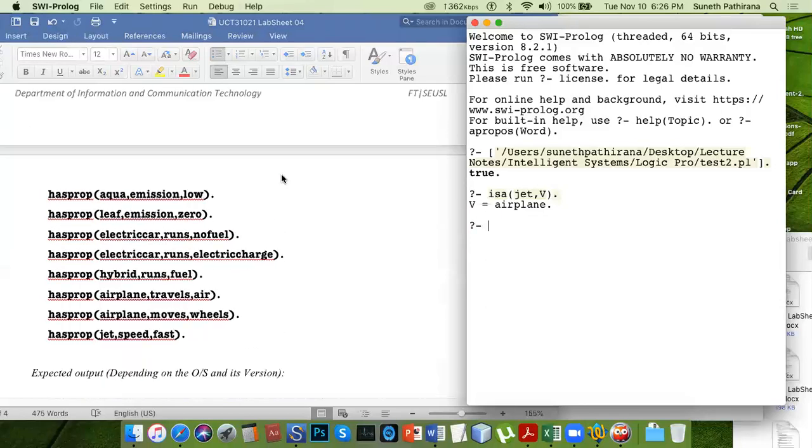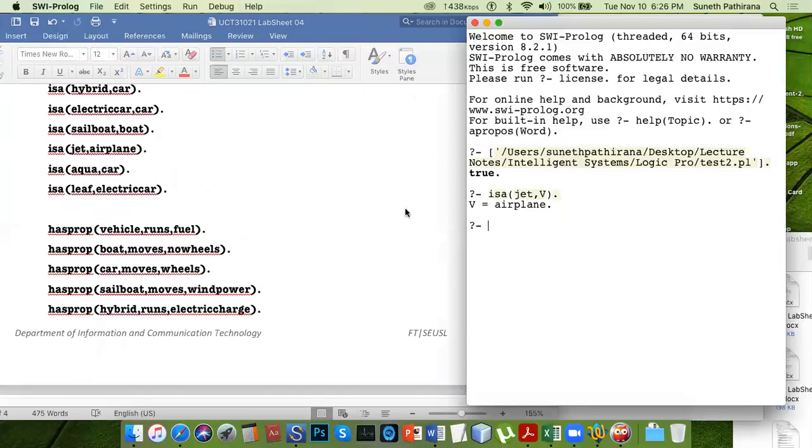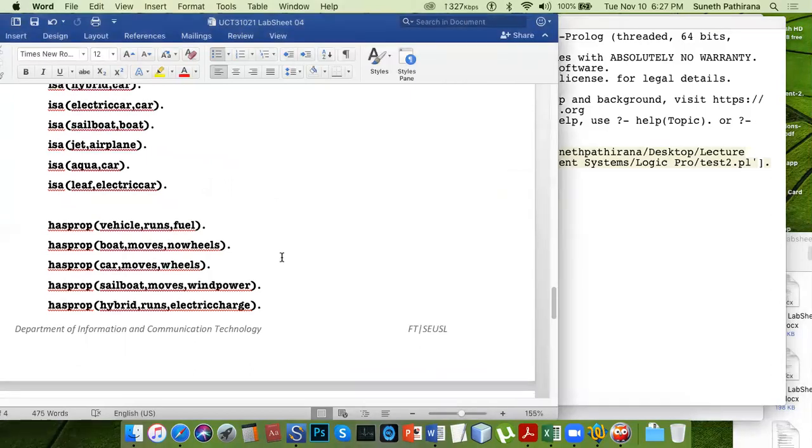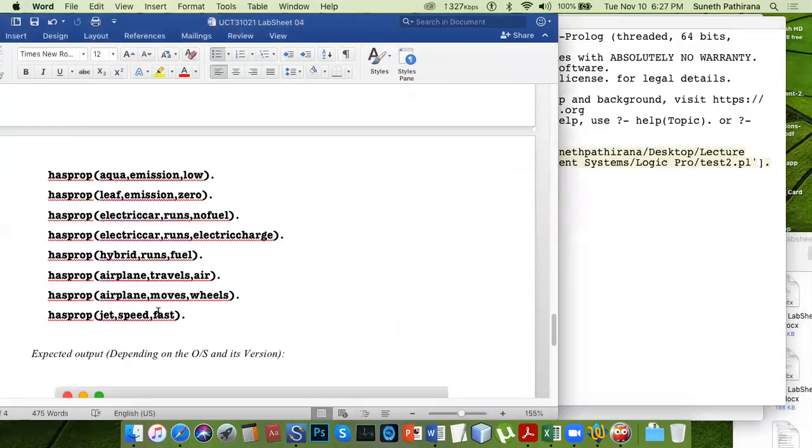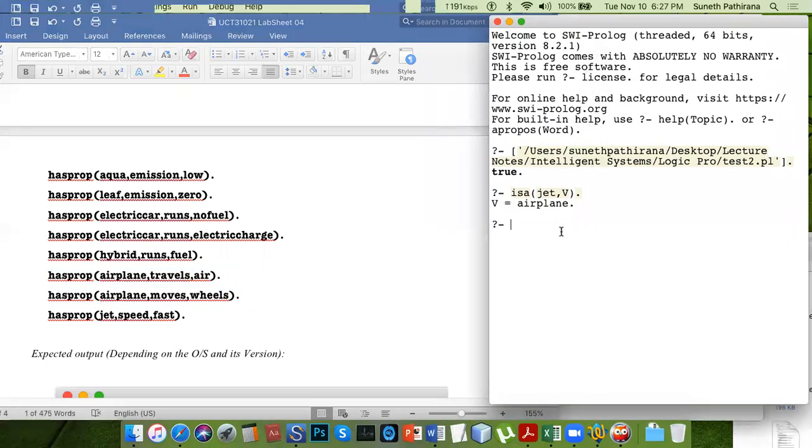How to ask this question? Where have we defined that airplane moves on wheels and airplane travels air?